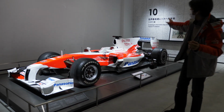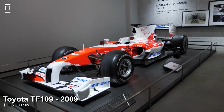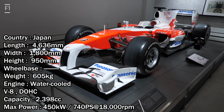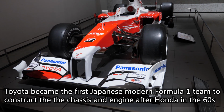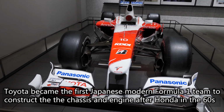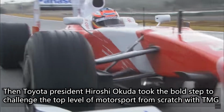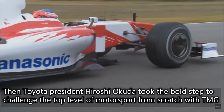2002 they started an F1 program. The first Japanese manufacturer to actually go into building everything from the chassis to the engine. They put a lot of effort to try and compete. Didn't get any really great results, but all of the research done during this exercise of trying to make F1